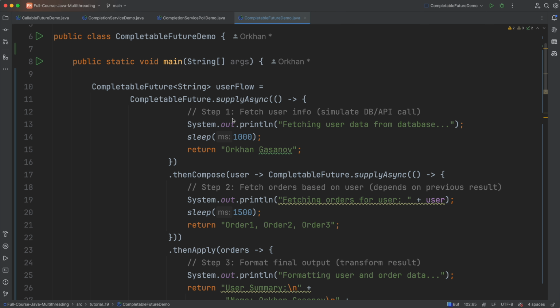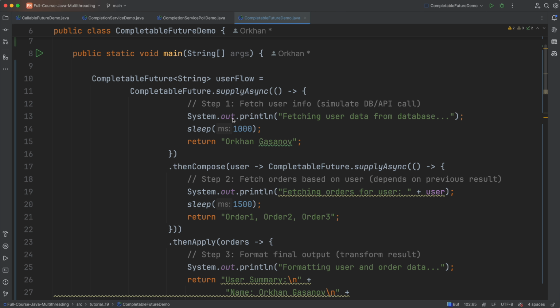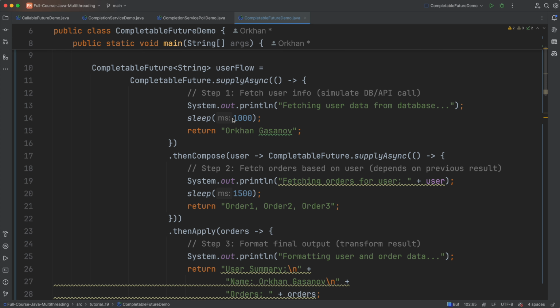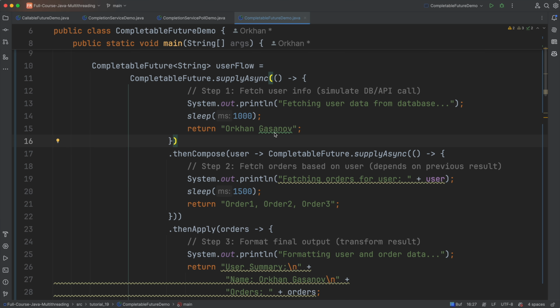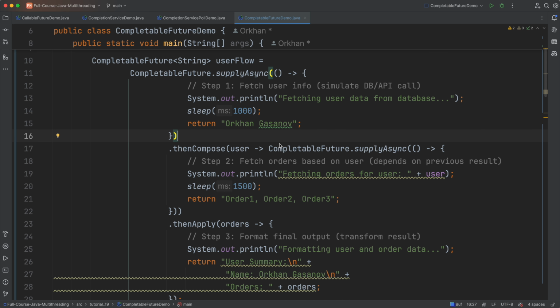One of the main advantages of CompletableFuture is that it allows us to have a chain of operations. So for example, in this case, let's say we have a scenario where we are fetching user info, simulating a DB call or an API call. So we have fetched that. And after that, we need to perform another operation on this user, right? Based on the username or user ID that we have fetched,